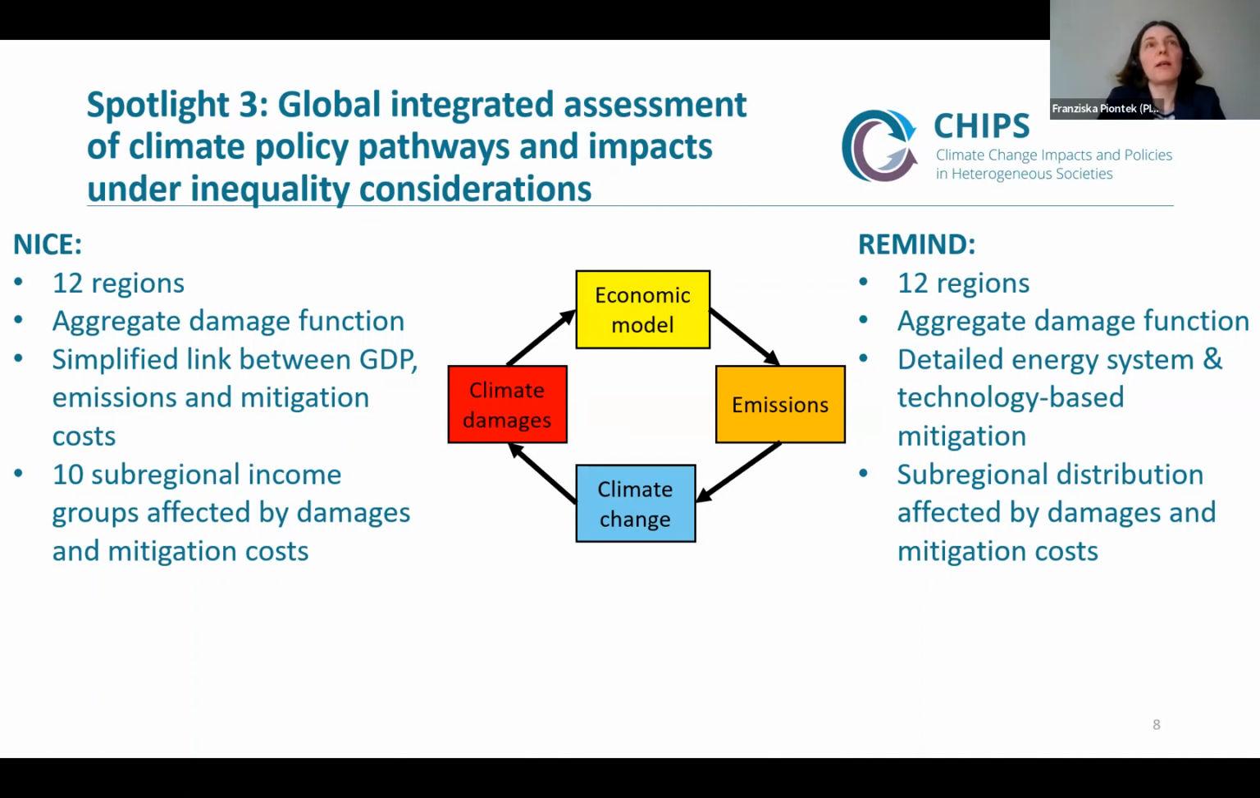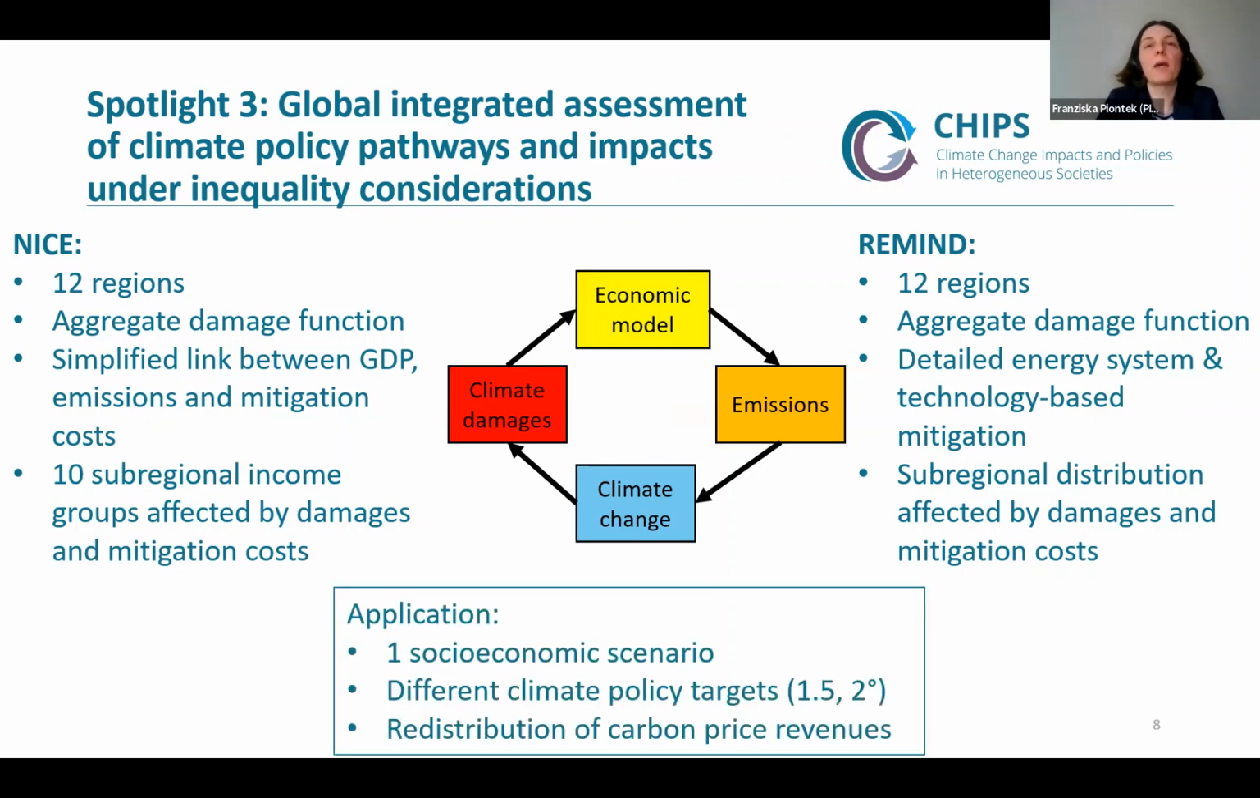They are complementary. That's why it's very nice to have two in the project. The REMITE model, which has a very detailed energy system, and so can much better capture, for example, inertias in the energy system on how quickly mitigation can happen. And on the other hand, the NICE model, which is more aggregate and therefore more versatile in also studying many sensitivity experiments. But they both have different regions, different large-scale world regions. They both include damages and mitigation and have sub-regional income groups, so the distributional effects also within the world